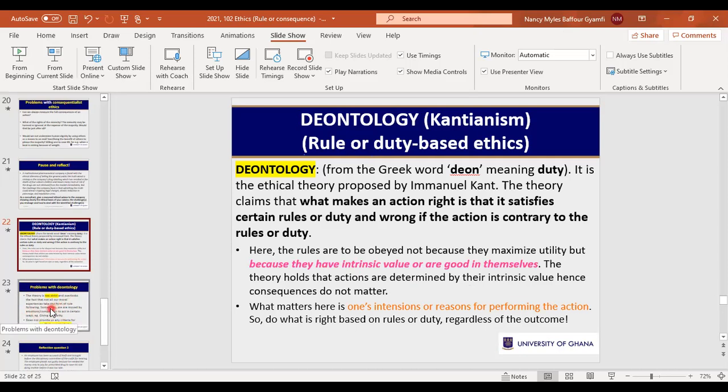Okay, so remember deontology, remember deon, remember good in itself or intrinsic value. Remember, he doesn't talk about maximizing utility. That is the outcome, how useful it is, who benefited, how many got what. No. Kant says, even if it's only one human being out of the millions in the world, and the principle grounding that act is a genuine one, then it makes the action right regardless. That is Kant for you.